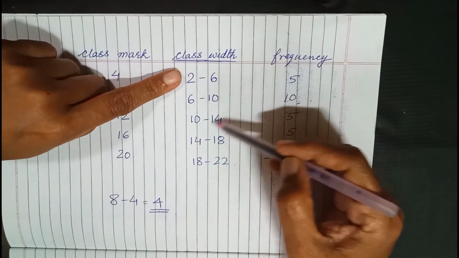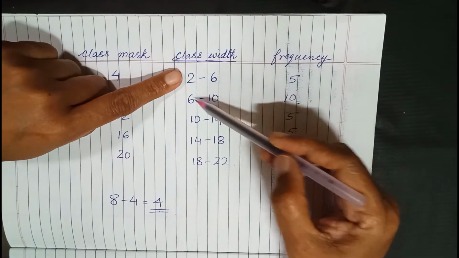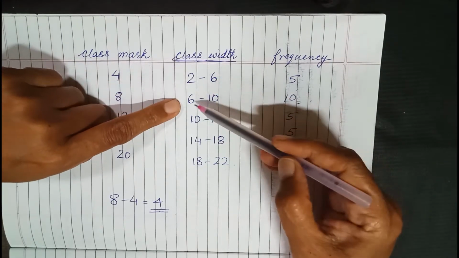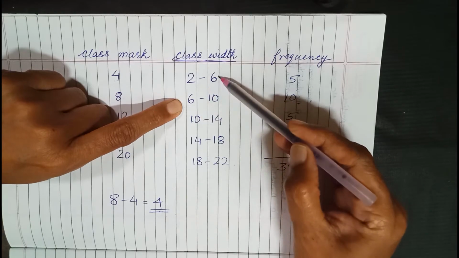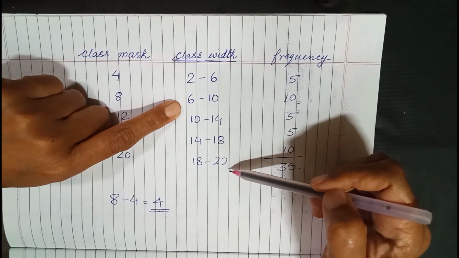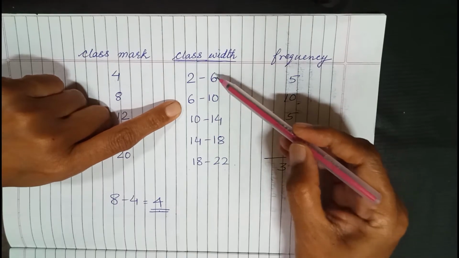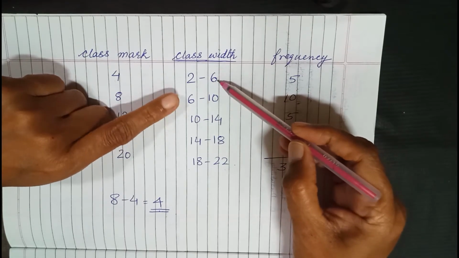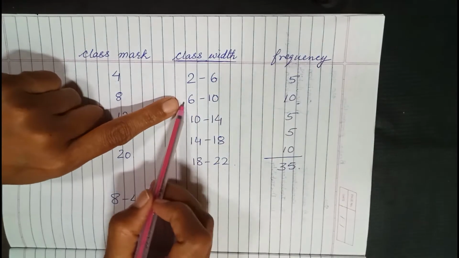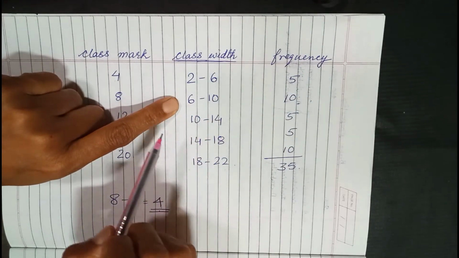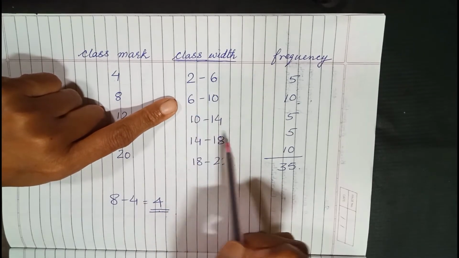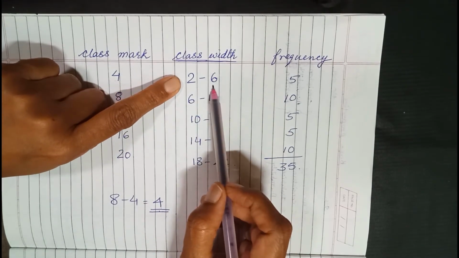So when you have a continuous class, that is when there is no gap between the upper limit of the first class and the lower limit of the next class, as you can see here, then such classes are called continuous classes. And the upper limit is not included in this class, but it is included in the next class where it is the lower limit. So this is a revision from what we had done in the last class, where I had pointed out these things to you.